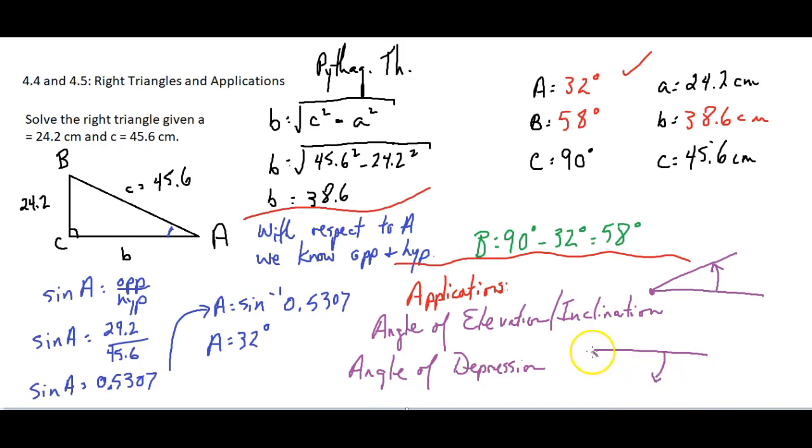All right. And so this is called the bird's eye view. Okay, you're the bird up here, and the other one you are the worm. So you're measuring from the horizontal, looking down. So maybe you're up at the top of a building, measuring the angle of depression down to the base of another building or something. And that's just two bits of terminology that I want you to know for the application